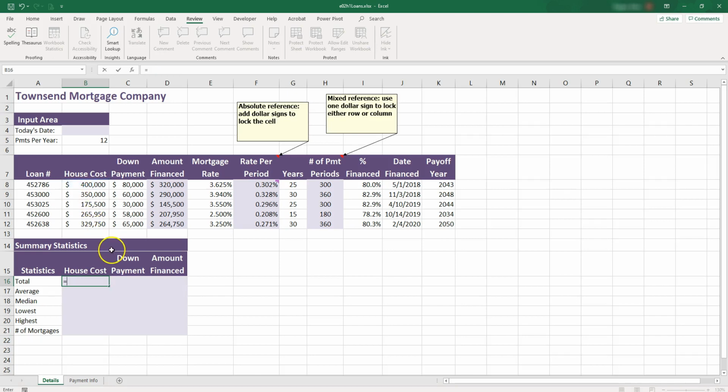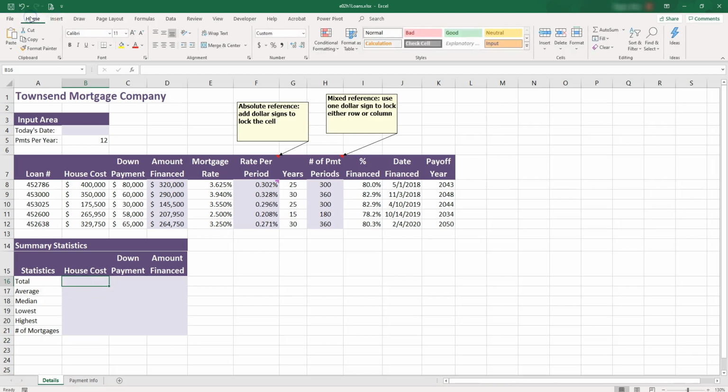But instead of doing that, we can actually use a function. The name of the function is sum. The most used functions would be under the Home tab. And then you click on auto sum over here, and those are the most used functions. So let's go ahead and choose the sum sigma Greek letter over there, and it makes a selection of the